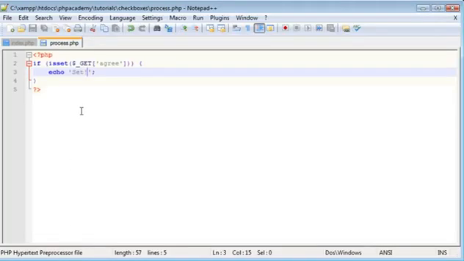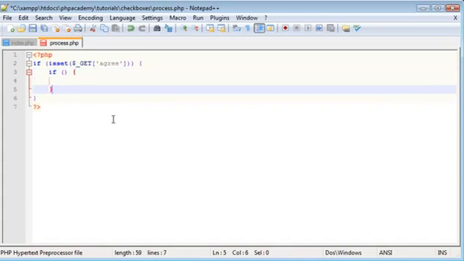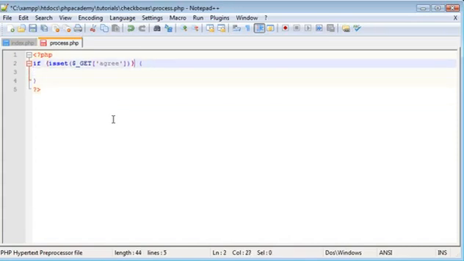If you just want to know that the checkbox has been checked, fine. isset would usually suffice, but we might want to go that extra bit, if you like, and check the actual value of it. Now we can either do this as a nested if statement, so we can do another if statement just down here, or we can actually do it on the same line, within the same condition as we've checked the isset. So we could say if isset($_GET['agree']) and